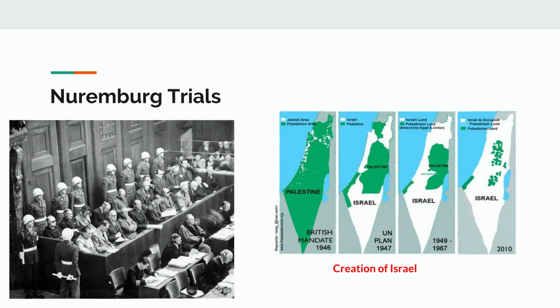At this trial, the Nazis would have their own attorneys. Many of these Nazis that were put on trial just pleaded that they were following orders. This was not accepted by the tribunal, which was the military tribunal formed from the Allied nations. They did not accept this plea that they were just following orders. 12 key Nazis were convicted and sentenced to death, but a lot of the key Nazi figures escaped, which is sort of sad because there were more than 12 that actually committed these crimes. Most of these crimes were what they considered to be crimes against humanity.